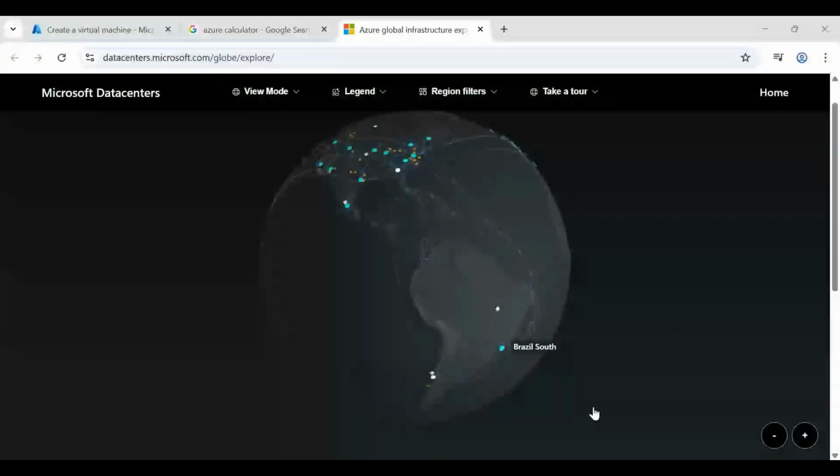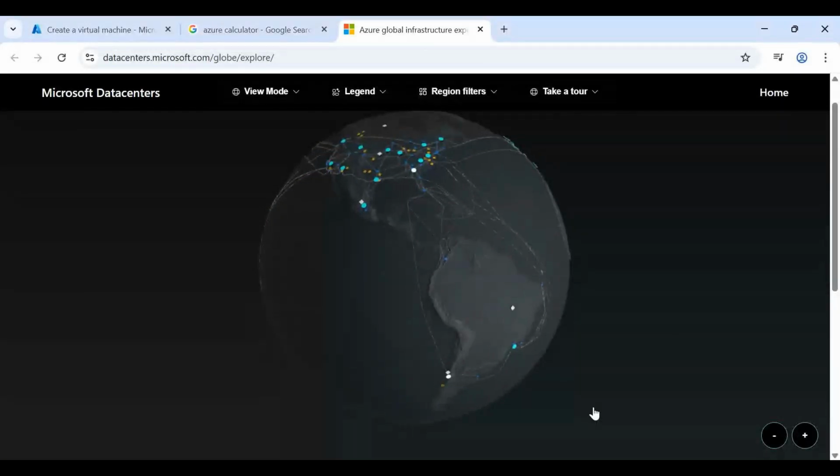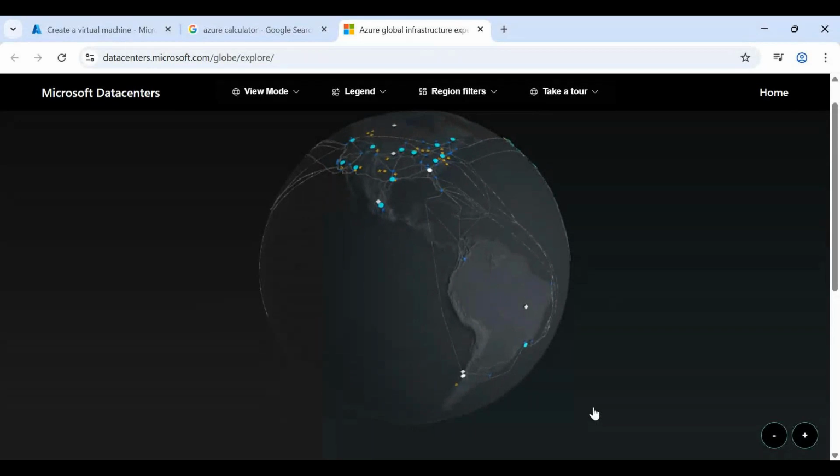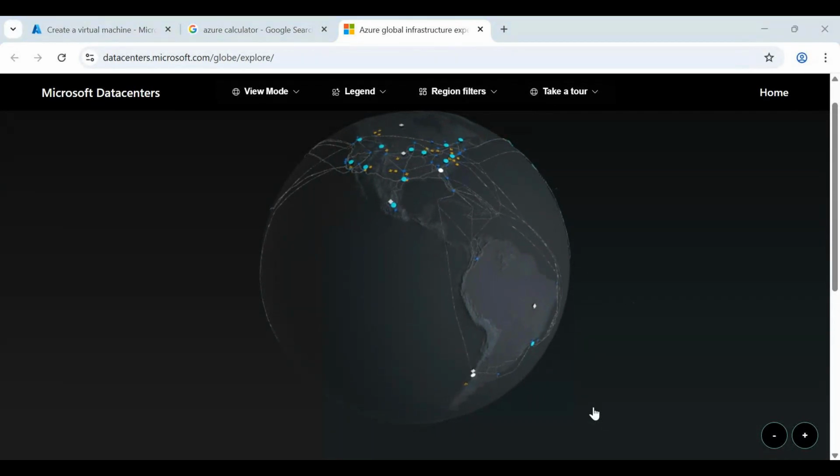So when we are talking about this globe, why Azure has become famous is just because of this feature, that is, it has a data center across the globe. You can ask me, what is the meaning of across the globe? What benefit am I going to get? The very simple thing is,